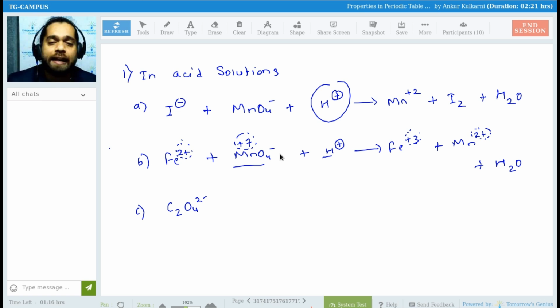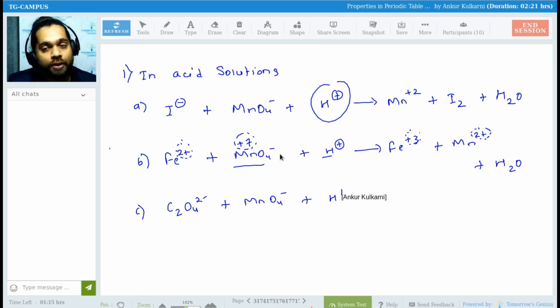So again, I have taken the oxalate ion, C2O4 2 minus. If I have taken MnO4 minus again in the acidic medium, so again, if I have acidic medium, yes, everyone,